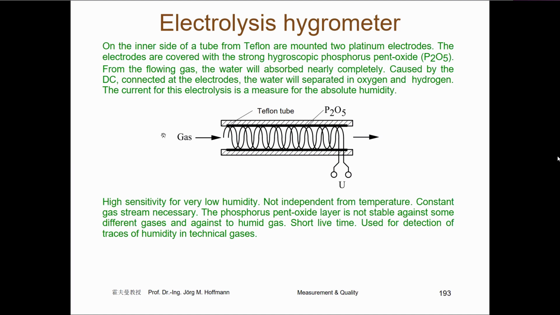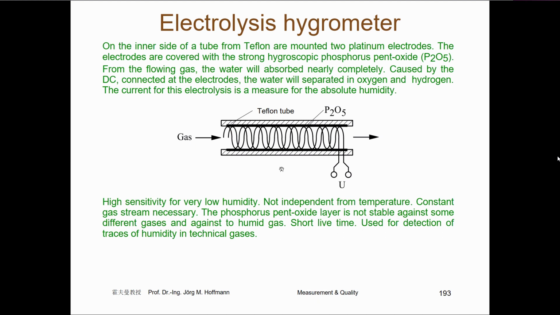When you have a DC voltage connected to the electrodes, the water will separate into oxygen and hydrogen, and therefore you have again a current, and you can measure this current. This principle is used for very low